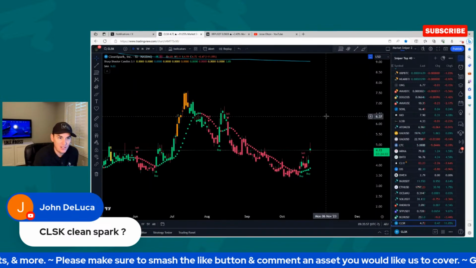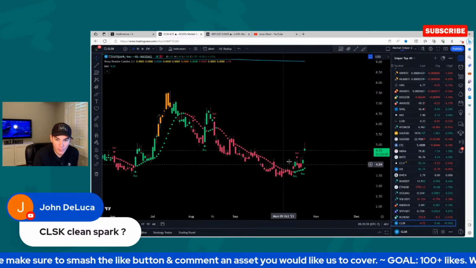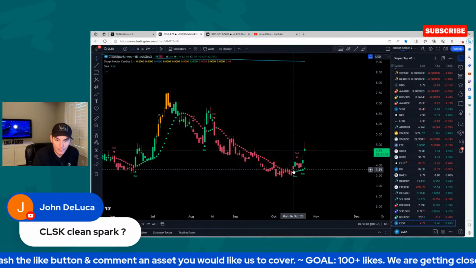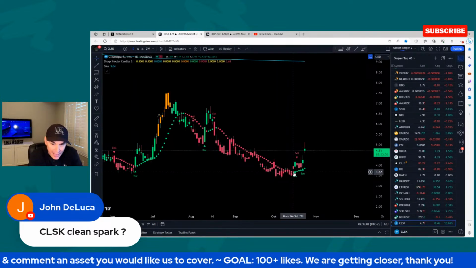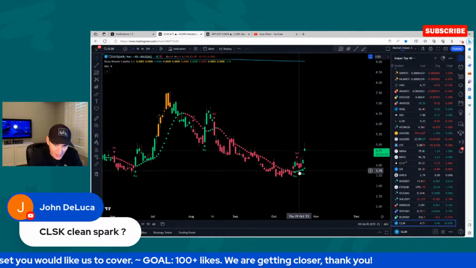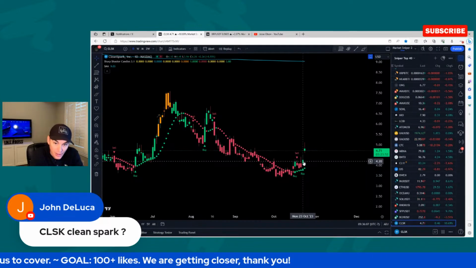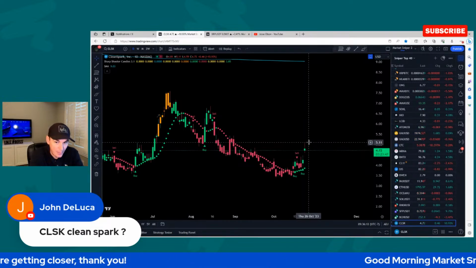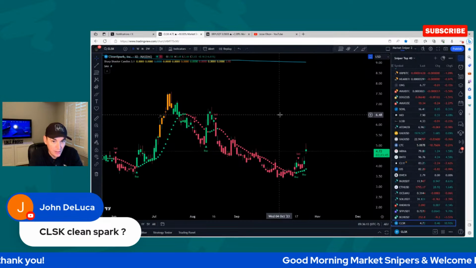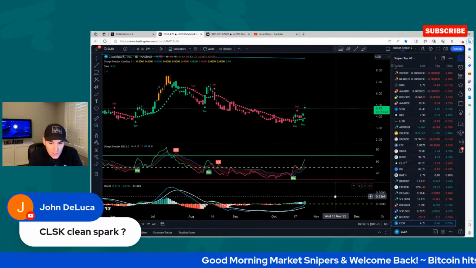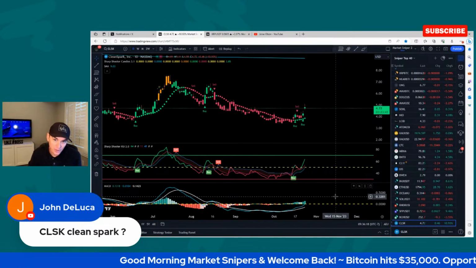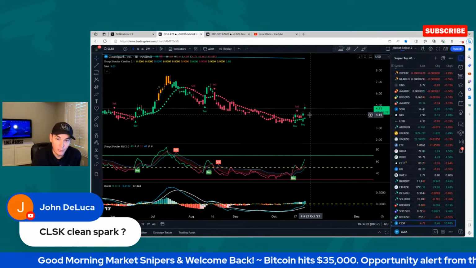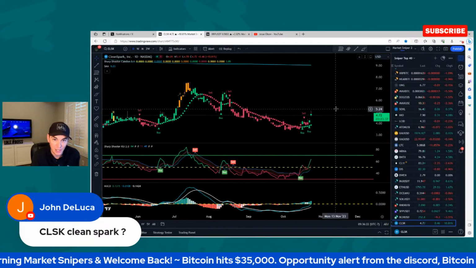So this is Clean Spark Inc. We're back here. Had a candle close back above the trending dots. Trending dots started to flip green, right? Another buy signal here on Monday, followed by a gap up, right? Gapped up to 5.11. Starting to look bullish on all terms. So maybe this is just a shorter term pullback. Let the trending dots kind of catch up, right?